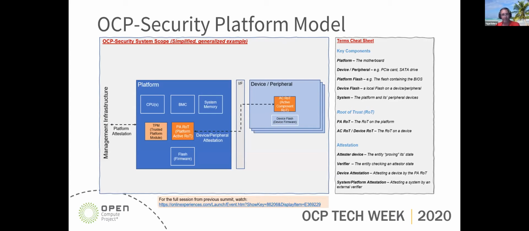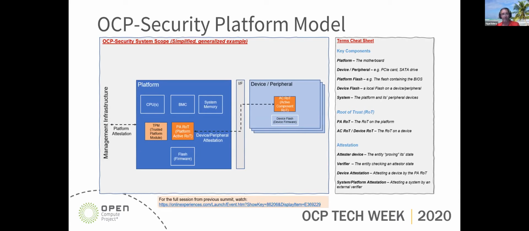I guess many of you are already familiar with that, and it's just a recap of how we think about the threat model for OCP security. So basically, the idea here is to protect firmware against all kinds of threats, right? And the model that the OCP group has taken is to define this root of trust component, which can be a PA root of trust, a platform active root of trust.